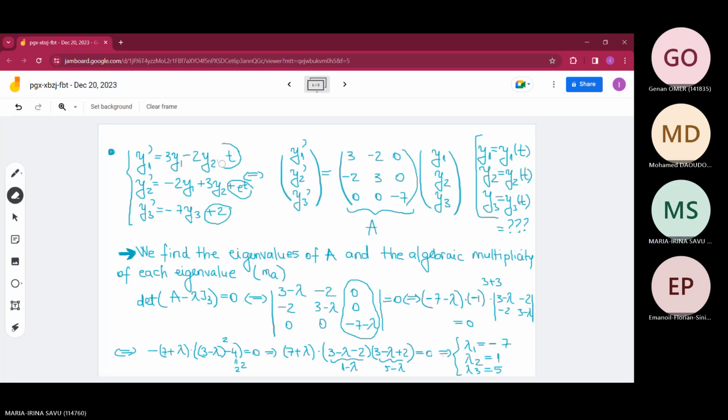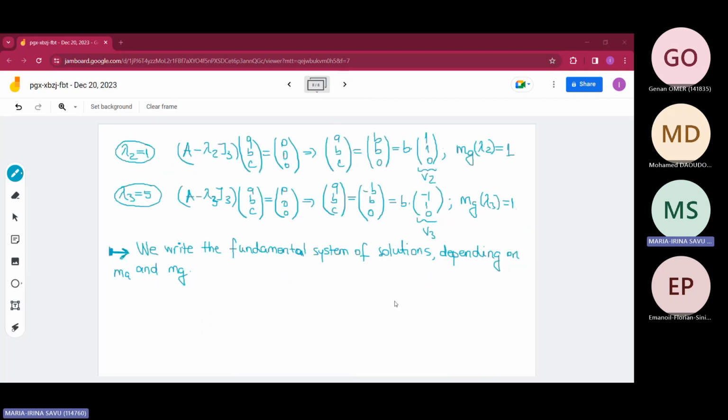Your system is homogeneous, and this is a great advantage because if this system is homogeneous, then the set of all the solutions of this system is a vector space. So let me write here that the system